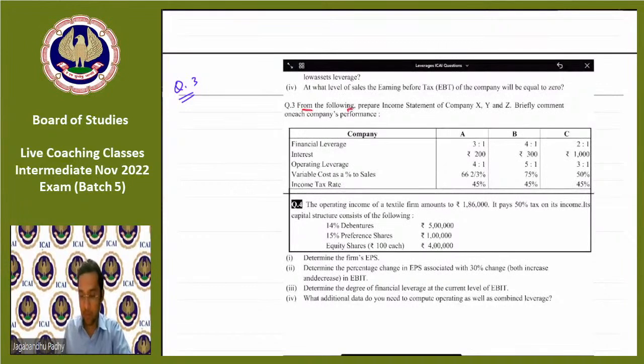Here we have from the following: prepare income statement of company XYZ. Briefly comment on each company's performance. Company XYZ, just the name is differing. Okay, typo error. X, Y, and Z. We have the financial leverage number, interest is given, operating leverage is given, variable cost as a percentage of sales is given, income tax rate is given as 45%. So you have to prepare the income statement of all the three companies and then go for the comment portion